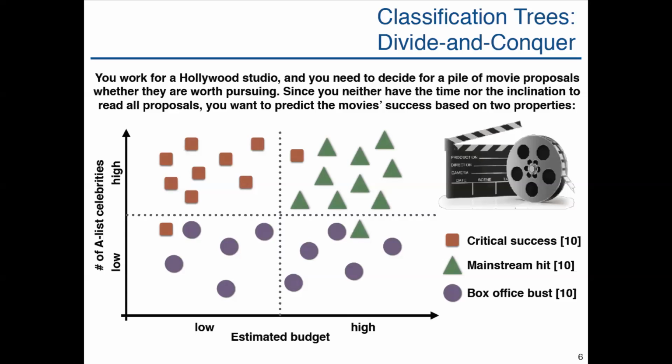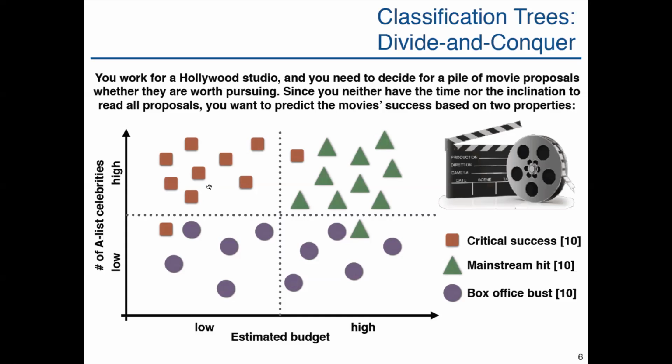So we were talking about the studio that has received about 30 different proposals. And what they want to do is, without reading all of those proposals in detail, they want to categorize each of them into one of these three categories, that is critical success, mainstream hit, and box office bust. Right. And we said that